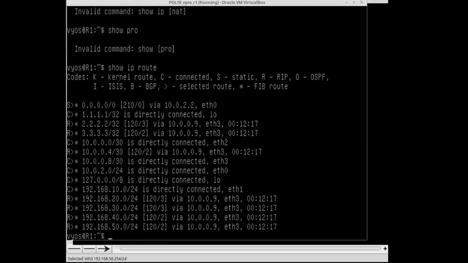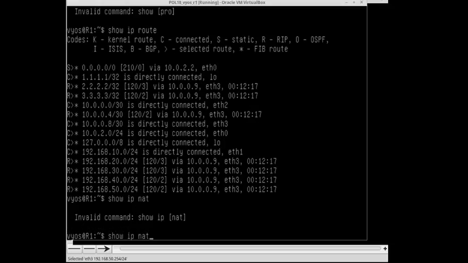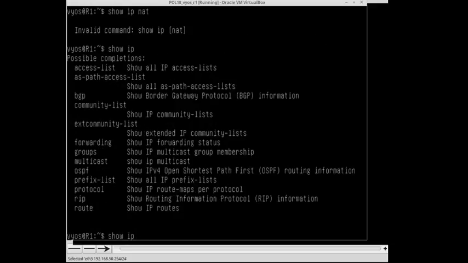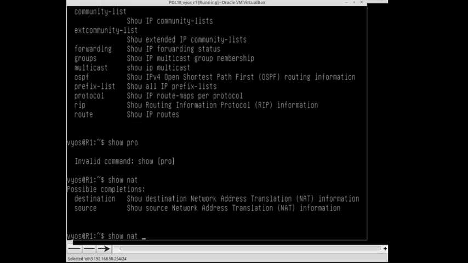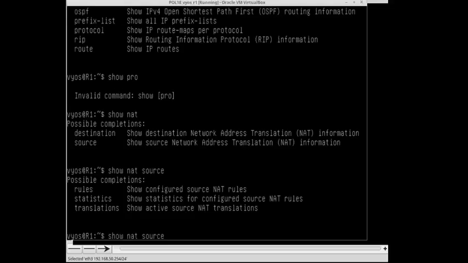You've got route, show IP not. RIP, show IP, show protocols. No. Show not. Sorry, it's confusing about Cisco. Show not, and then you have source, and on source you have rules,